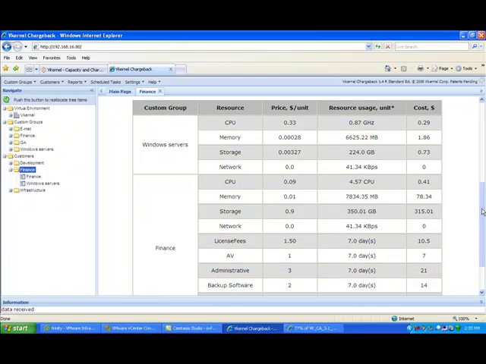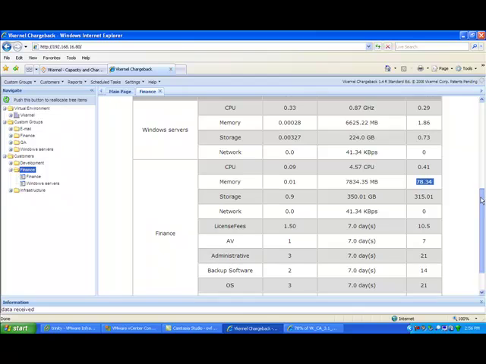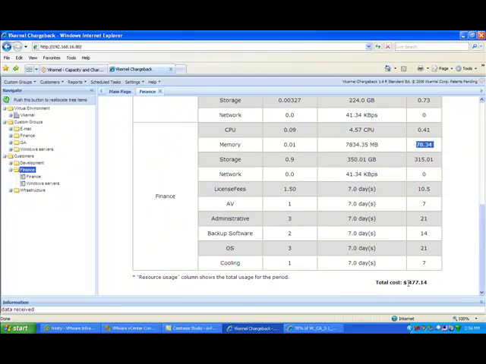So then we get down to the individual details. So for Windows servers, they used 0.87 gigahertz of CPU at a cost of 33 cents per gigahertz. They owe me 29 cents, or that's how much of that particular resource they use. If we go down to finance, they used 7.8 gig of memory for 1 cent each, $78. So if you go down at the bottom, we have a summary down here that shows exactly what they owed